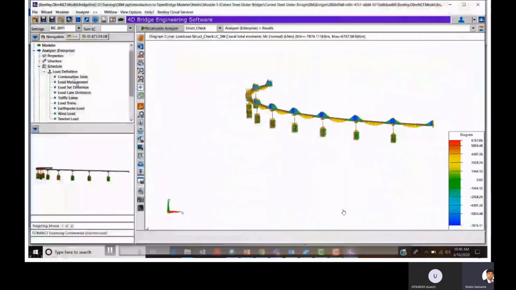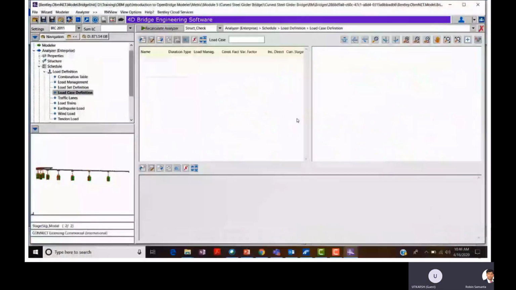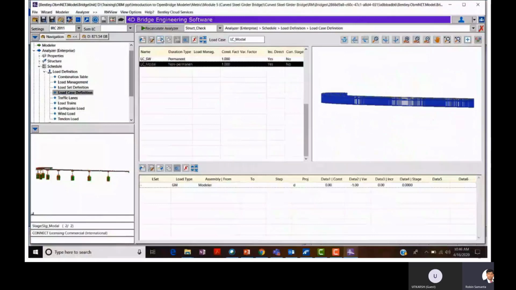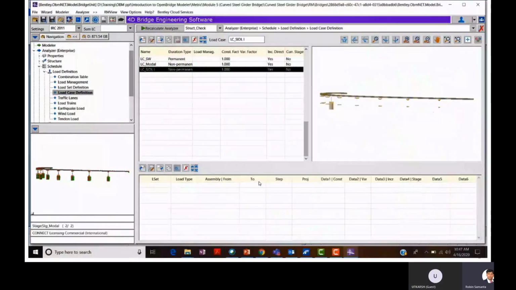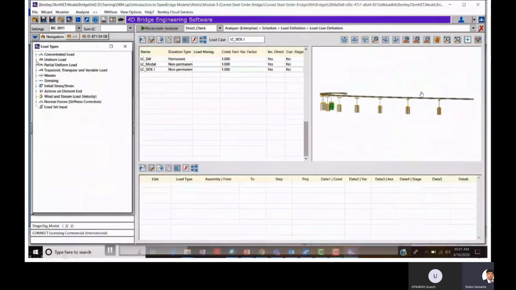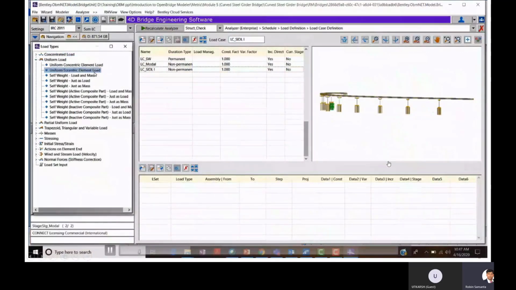And here in RM the interface looks like this. You have to apply the load cases in this upper table. You write down your load ID, and in the lower table you assign the load value intensity. Then in this graphical interface, you can see how we are applying the loads. It would be immediately visible.